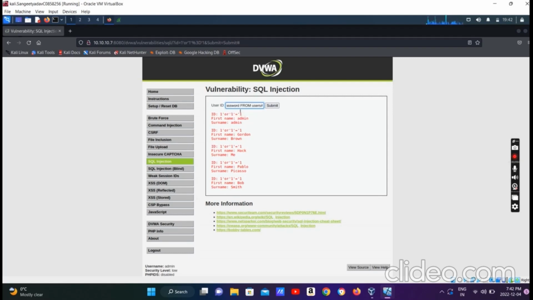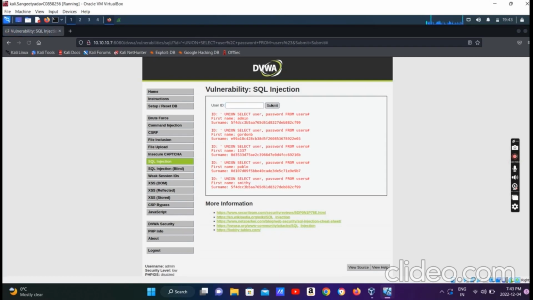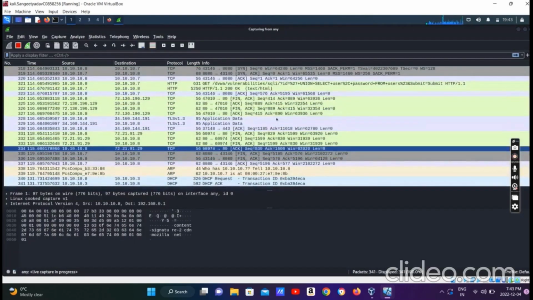Now we are going to use another query which is going to give us the username and password of all the users. The command is union select user, password from the table name users. Then we are going to submit. So here we can see the first name and the surname. The surnames are the hash values. These are the passwords whose hash values we are getting, and we can get the passwords from these hash values